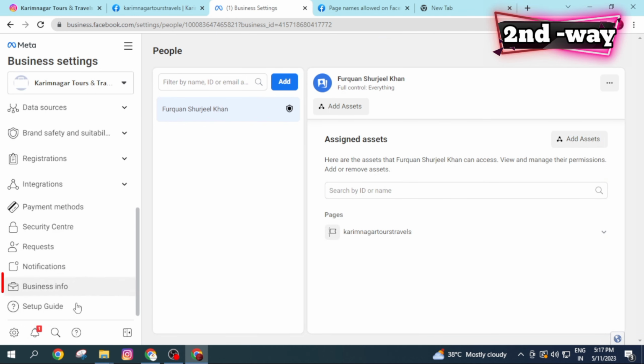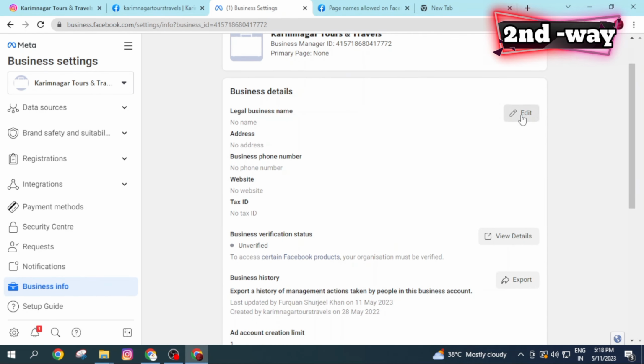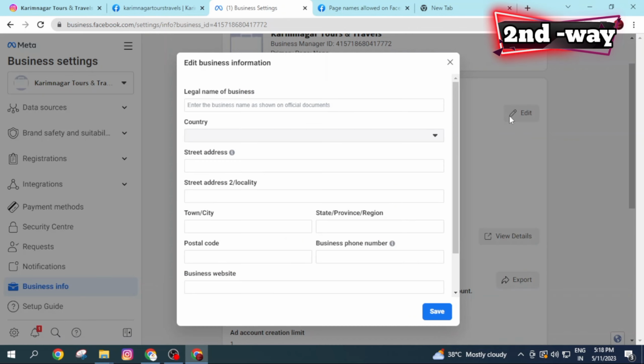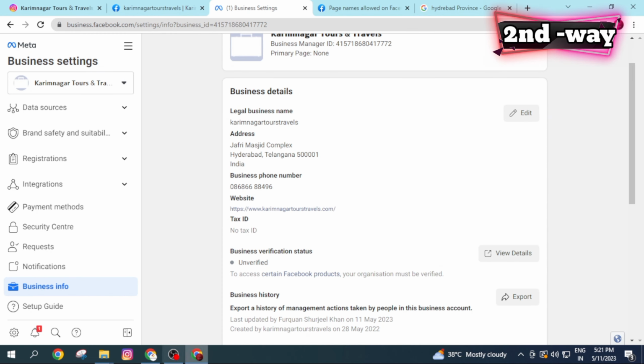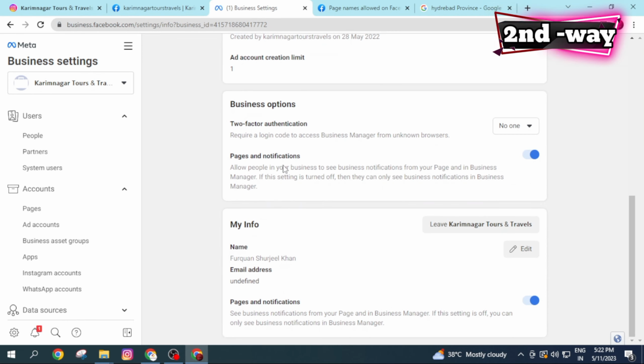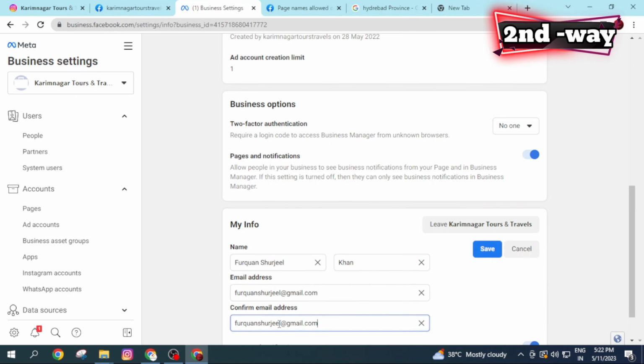Just scroll down, click business info. We have to give your complete business details. Click the edit button and you just have to fill out all those details. If you don't have any website, then you can copy and paste your Instagram URL here. Right, and scroll down. We also have to verify our email. You can see here our email address is unverified, undefined. So give your email, click save,